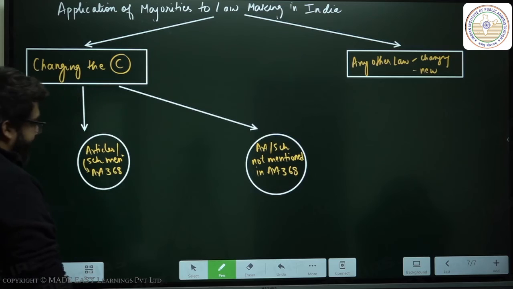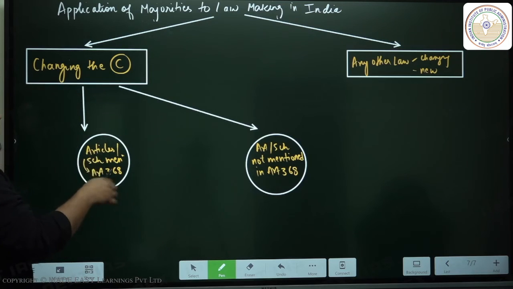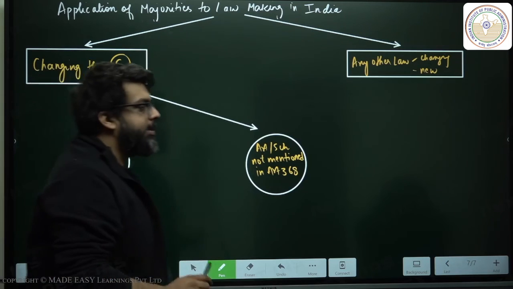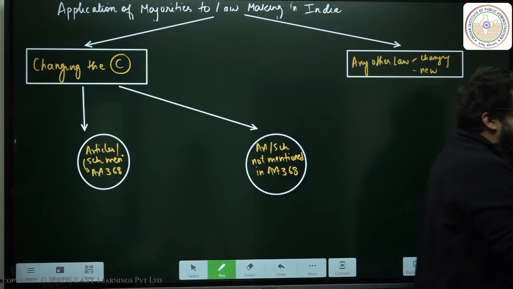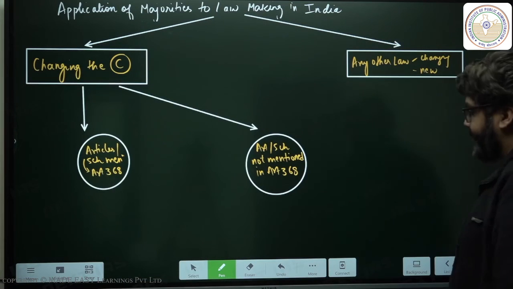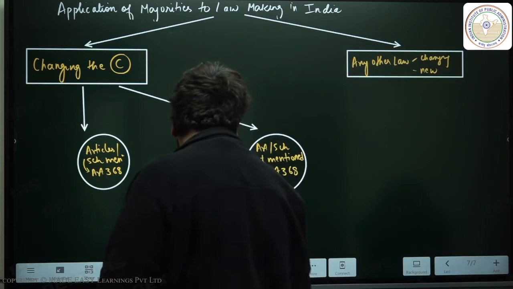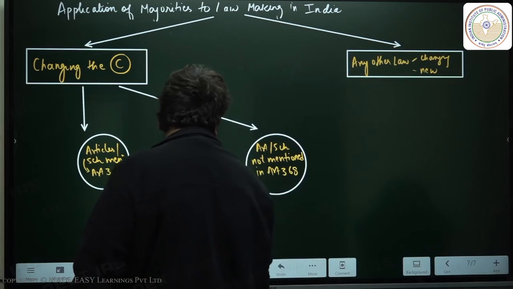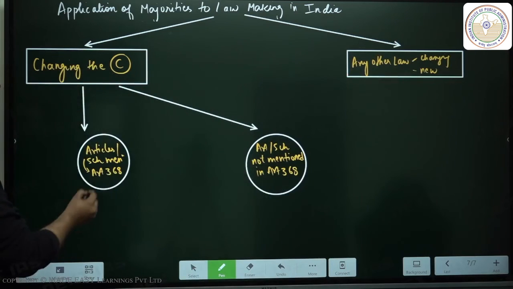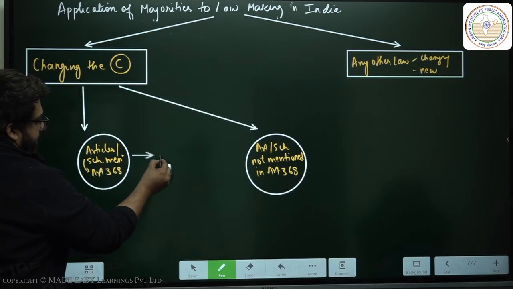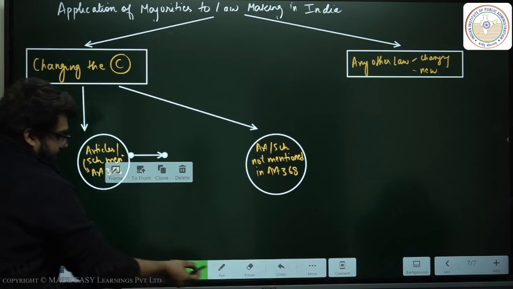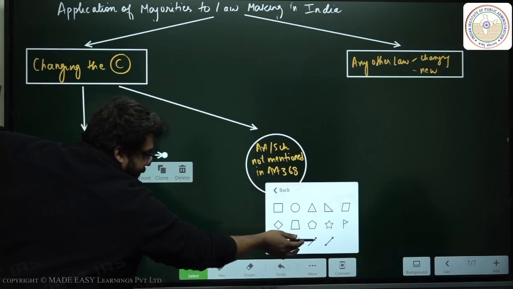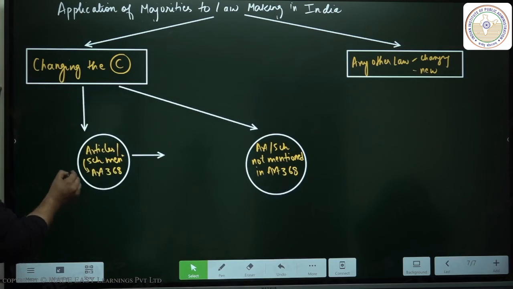अब ध्यान से देखिएगा, 368 में भी दो तरीके के हैं. ठीक है? So there are basically two kinds of constitutional amendments under Article 368 दो तरह के होते हैं,